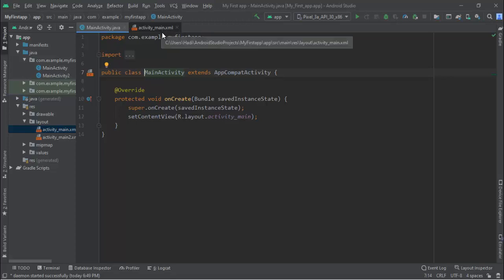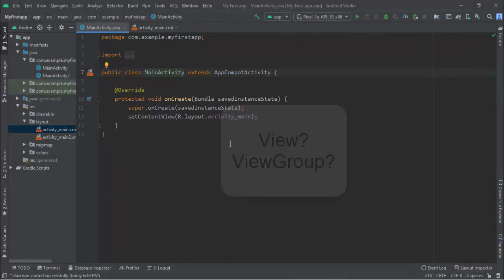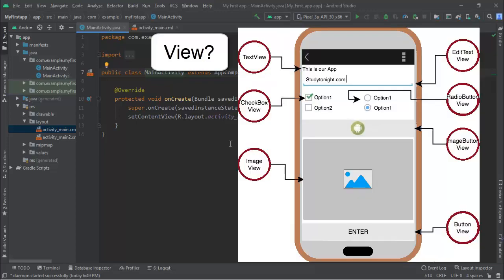Before moving to our main topic, let's talk about some useful terms and the difference between them that will help us understand other topics. These topics are view and view group. What is a view? All the elements and UI controls which the user can see, give and take commands from, or use to perform different functions are called your views or elements. Examples: button, edit text, text view, radio button, label, image view. Everything you can see or interact with is a view.